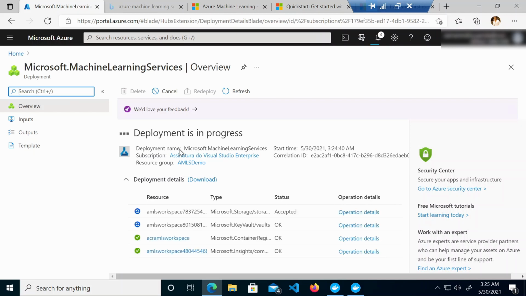Whenever we create a data store, and this might be a new terminology which I'm introducing here, I'm going to talk about more in a subsequent session. While we create a data store, we need to provide the storage key or some secret information.